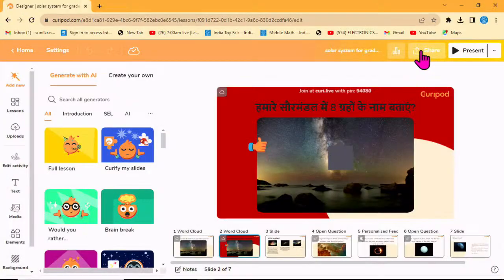And yes, there is another very good feature that Curipod offers, and that is to share a presentation. We all work in a collaborative environment. We would like to share whatever we have created with our students or with our co-teachers. So, there is an option called share. You can see it on the screen here. Once you click on share,